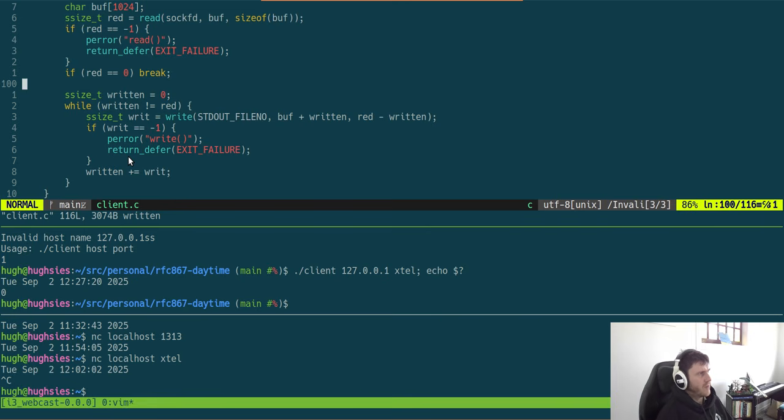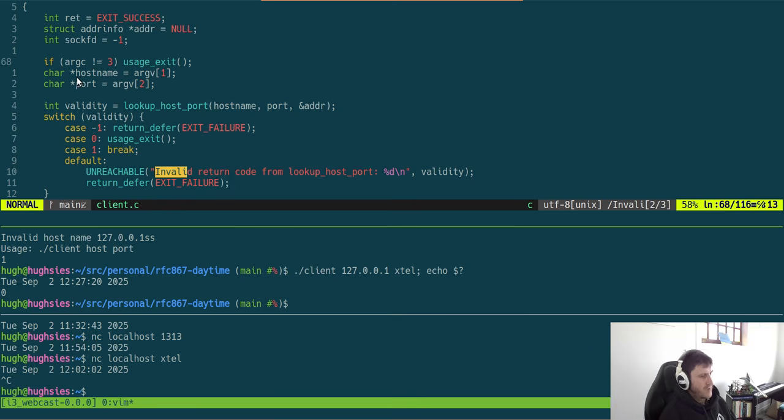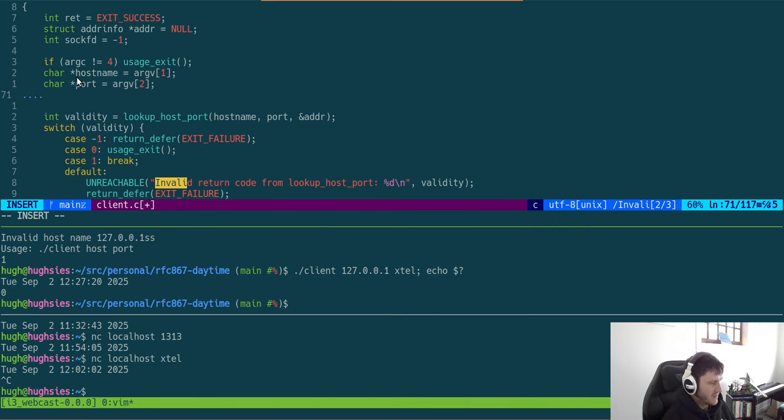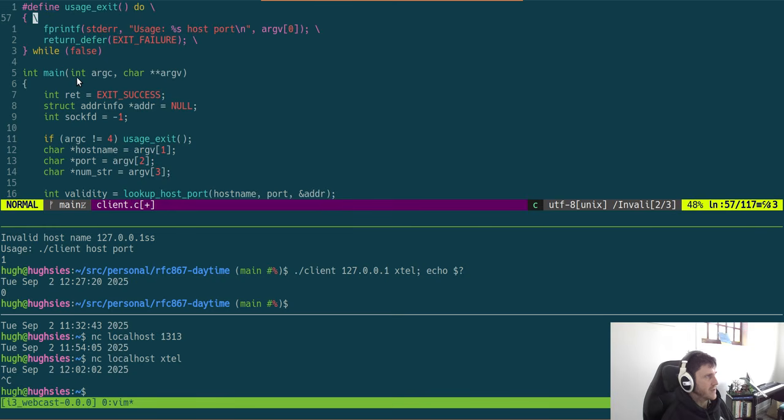So I wonder whether, so the thing is, yeah, what we'll do is we'll get a fourth thing, but this will be char star num string equals argv 3, and so that means this, maybe not count. So this can be